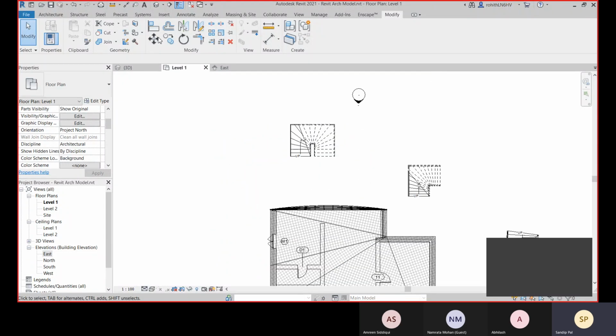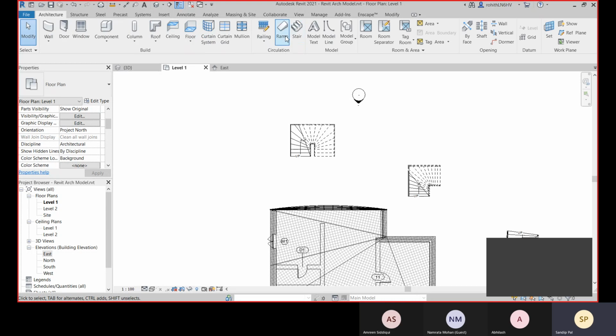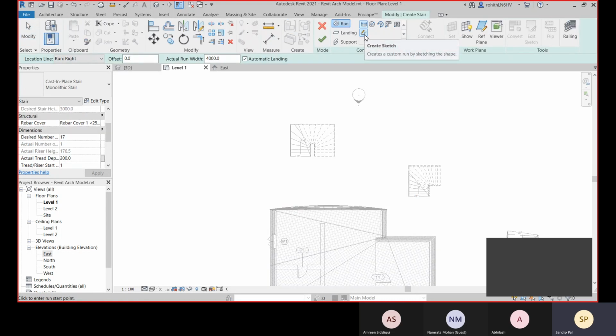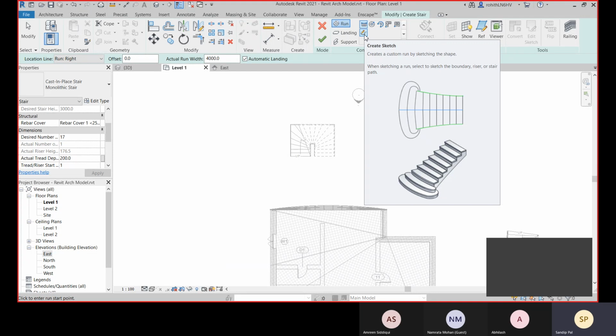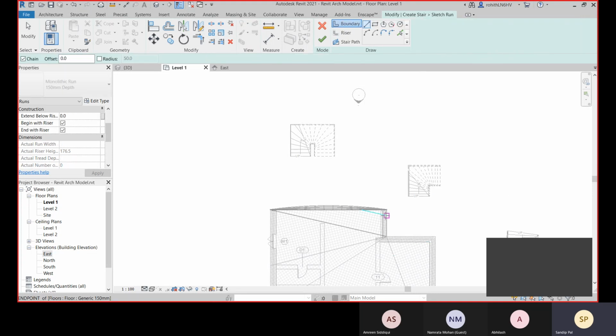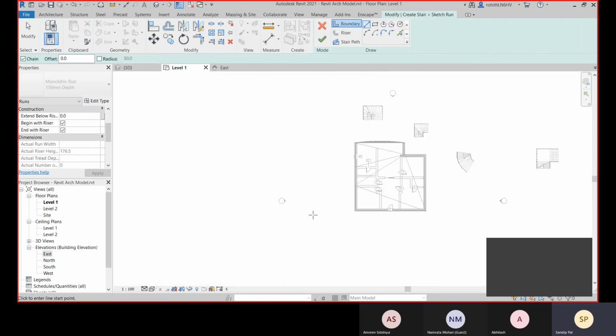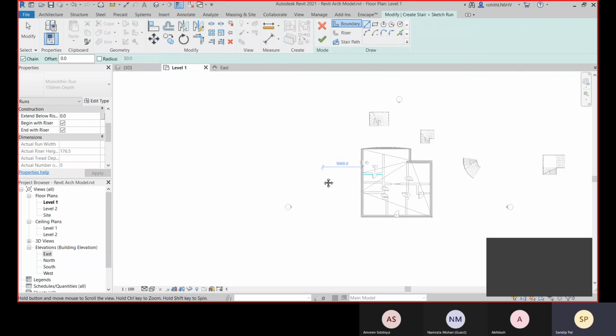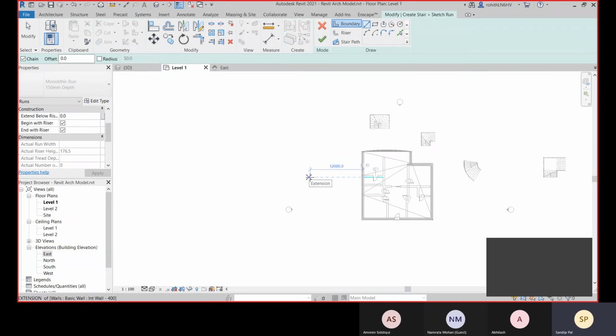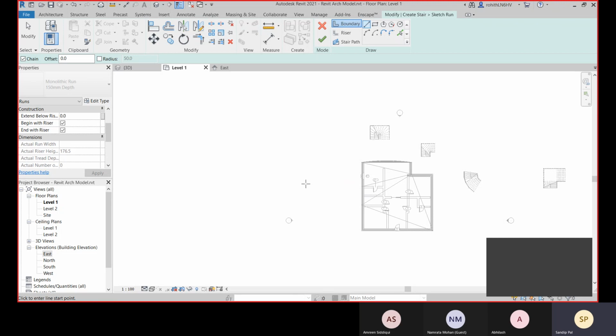Now within this tier the most important thing is creating your own sketch. Go with this create sketch option. Now we will define our own sketch. First of all you will define your own boundary. Before choosing this sketch, you go with the type of stair which you are using.